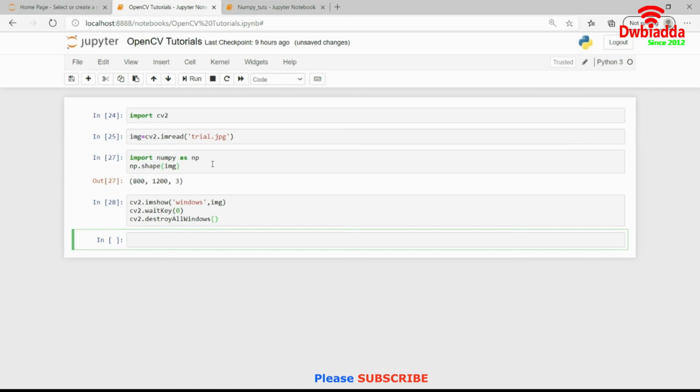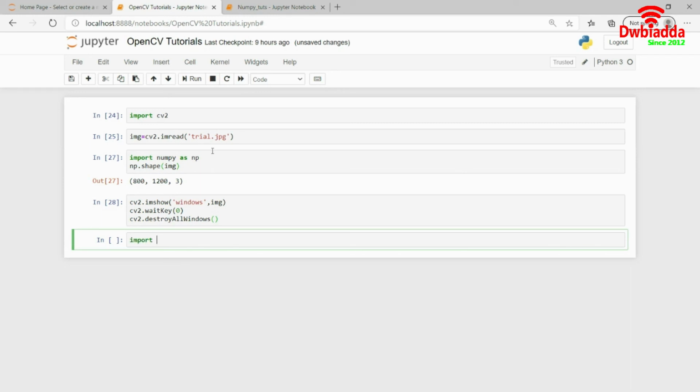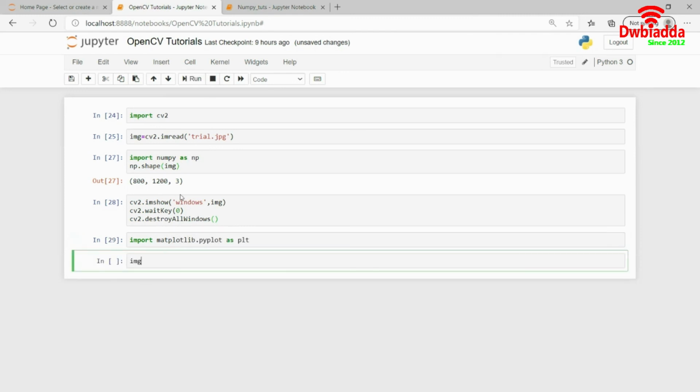There is another way to open an image using Matplotlib. The difference is that Matplotlib opens the image in the Jupyter notebook itself. You don't need a separate window for opening an image using Matplotlib. So for this, I will just import matplotlib.pyplot as plt, and then I will write img_new. The names of the functions remain the same, that is plt.imshow and imread.